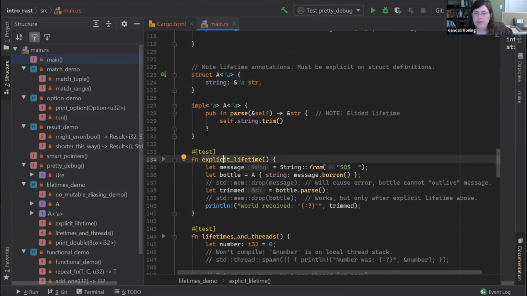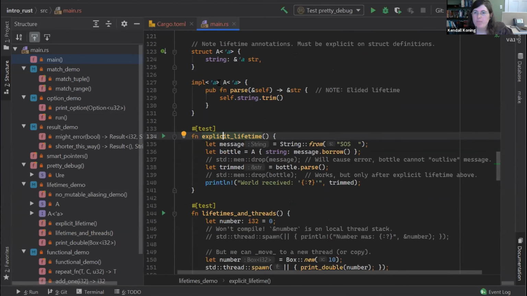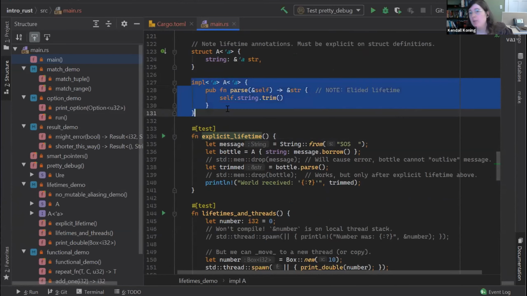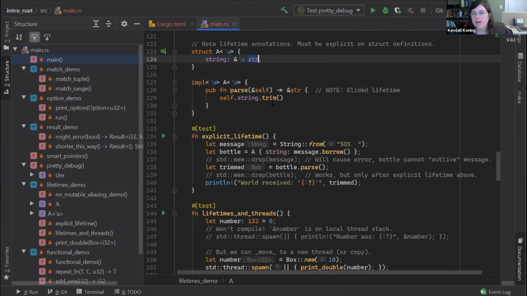And so this can get a little bit complicated sometimes. Say this A class is like a parser, and we're going to take a string and parse it. In this case, I'm doing something really simple. I'm just removing the trailing white space. So I have this message, it's just SOS with a couple of spaces afterwards. I'm going to stick it into a variable called bottle, which is of type A. The string is a pointer to the string that's inside. So it's a pointer and a length, just a very simple type. And so if message would go away,